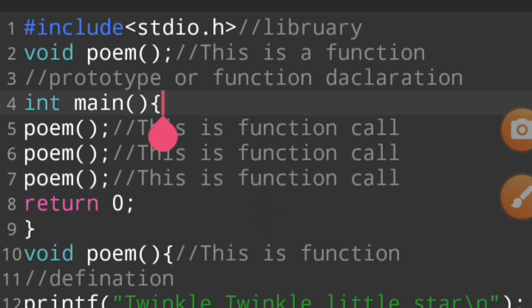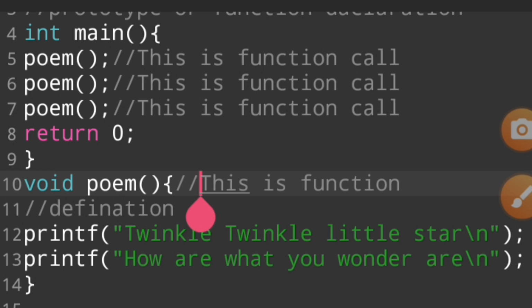So first of all we say int main, and then we call pom. First of all, we use the function declaration. This function declaration does not take any value and does not give any value. We use a function definition because we define what happens when we call it: please execute your code according to me.